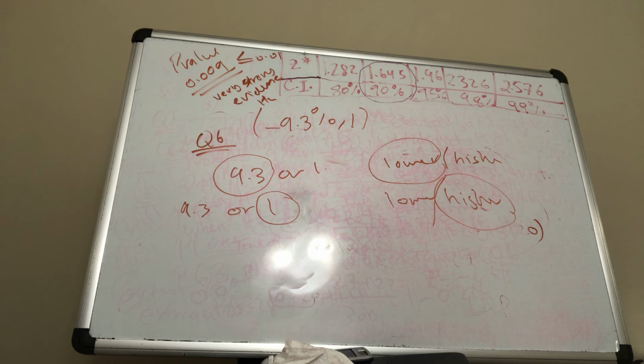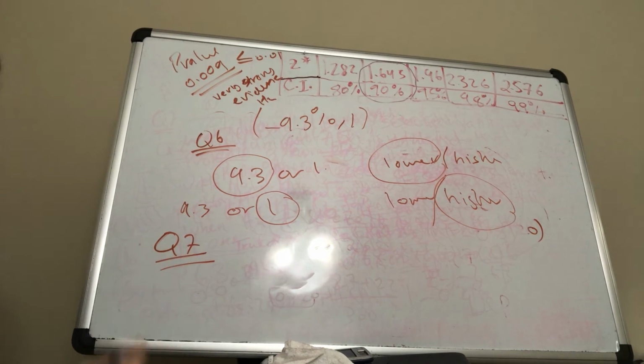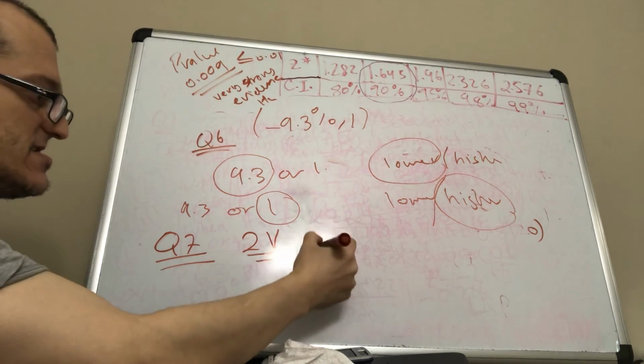Now, question 7. Researcher asks question 7, and I believe there's also a mistake in this one. A researcher is studying the possible effects of vitamin A and C. So 2 vitamins, A and C,